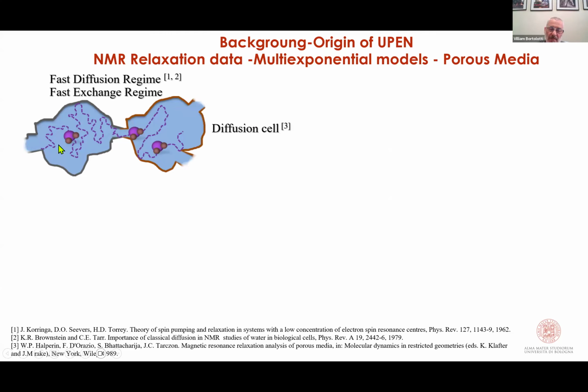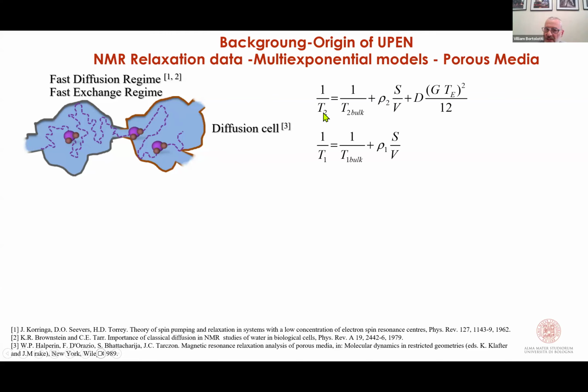Inside, you have molecules moving, touching the surface. The molecule relaxes. This is called a diffusion cell. This is a reference in which you can go into more detail. We are in the 60s or 70s of the last century, just to give an idea of the period when this theory was developed. And so it is possible to theoretically demonstrate that the rate of T2 or rate of T1,